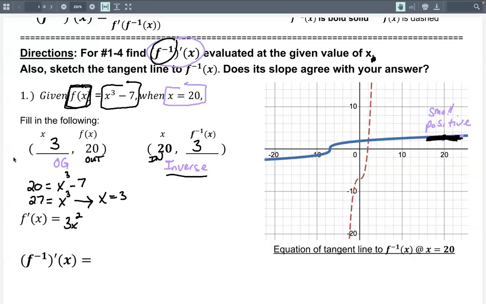So now, putting all the pieces together, I'll switch to blue. The formula for the derivative of the inverse at x, and in this case, we're interested when x is 20. So I'm going to kind of fudge this into a 20 when x is 20. The formula is 1 over the derivative, and the derivative here is 3x squared. But instead of putting 3x squared on the bottom, I'm going to put 3 times something squared, okay? And if you look up at the formula up above,